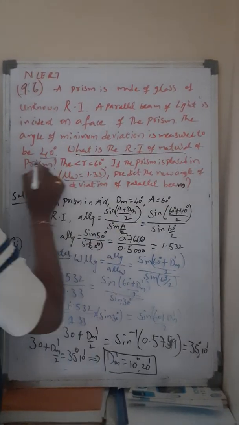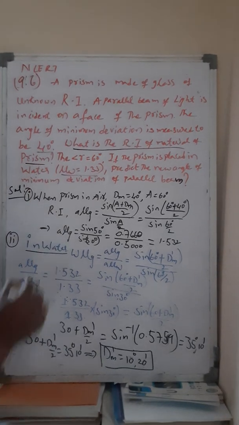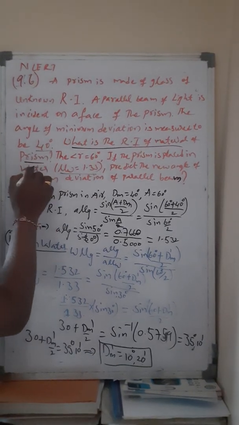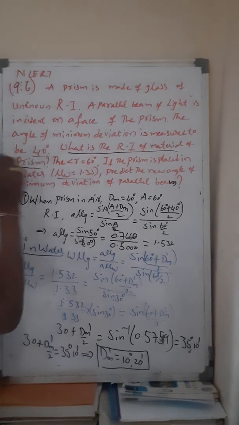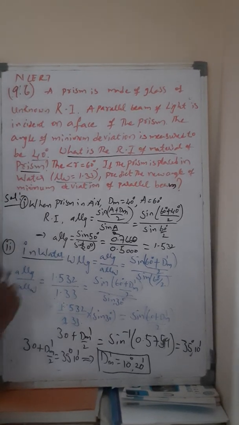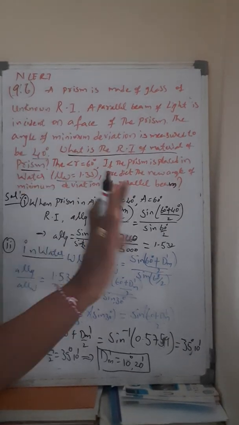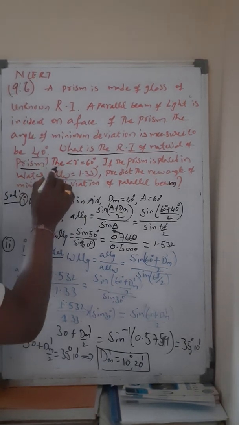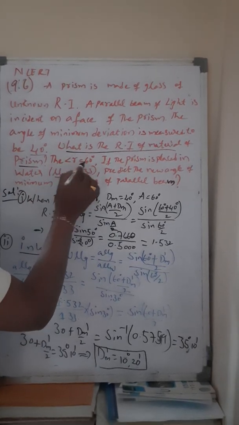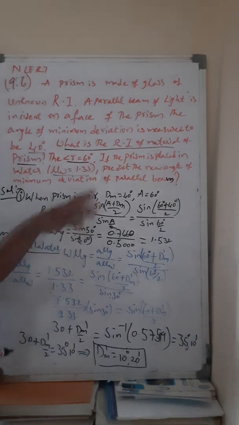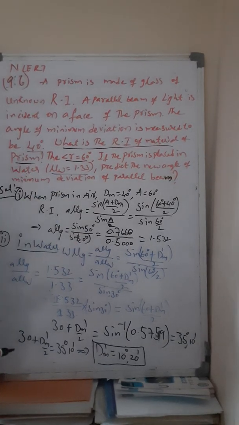This is one question: what is the refractive index of the material of the prism when you have a minimum deviation of 40 degrees? At that time you don't know the refractive index of the prism material. Next, if the angle of the prism is 60 degrees and the prism is placed in water,